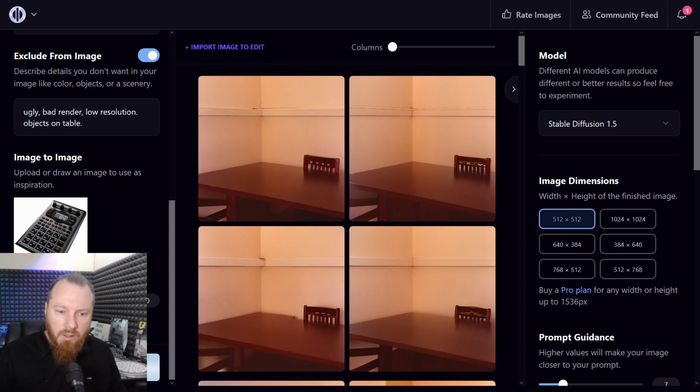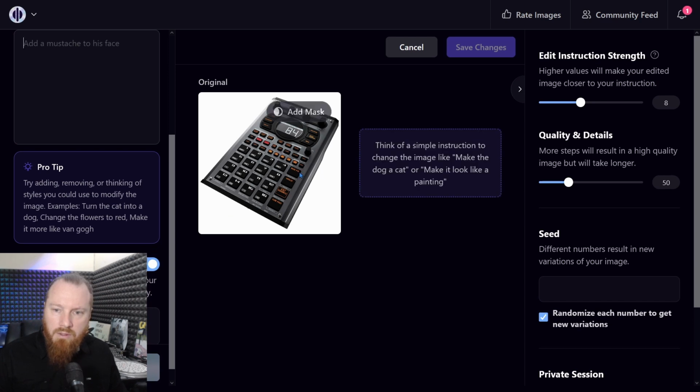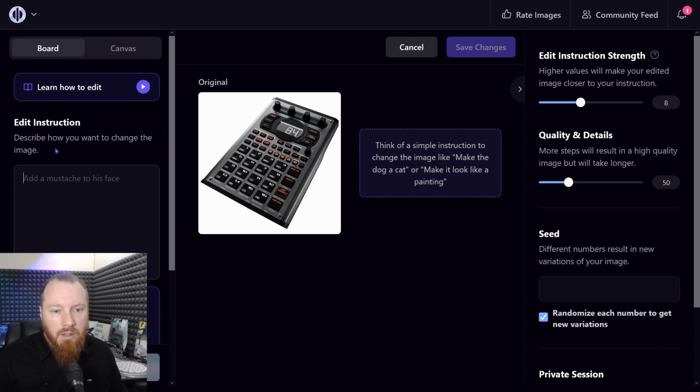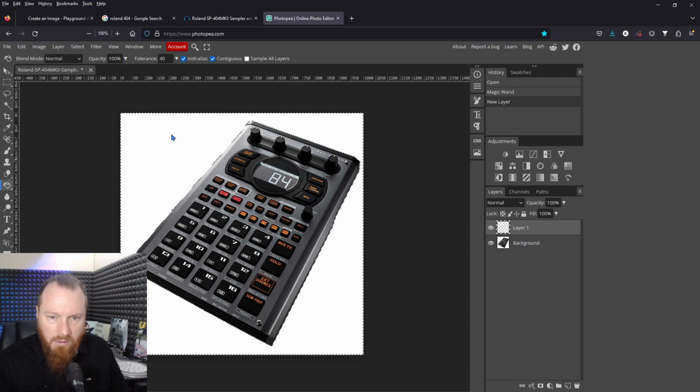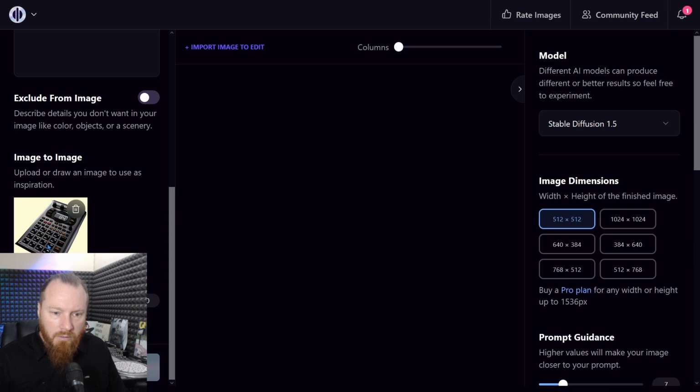I'm going to use an edit with a mask. So this is just from the website where they sell it. I've just got the product photography there. I've just dragged the image into Photopia, depending how you say it. And I'm going to make this background a different color. Yeah, so that's great. That's just enough so I can see it when I'm doing the in-painting. There we go. Right, now I've got it in there with an off-white background so we can actually see the